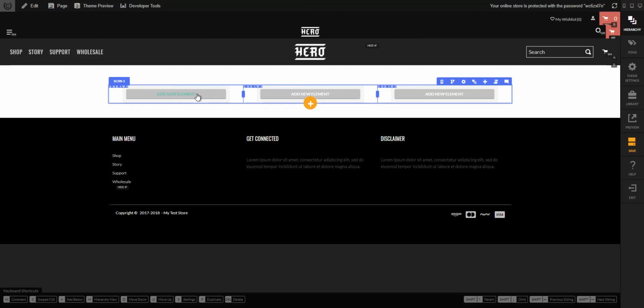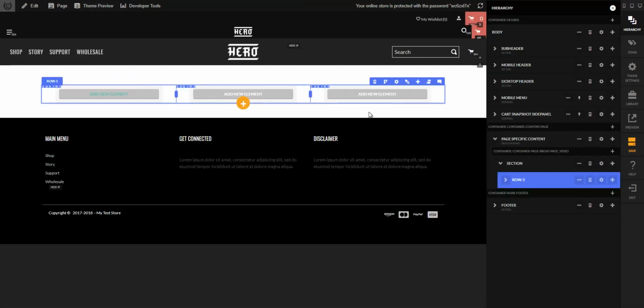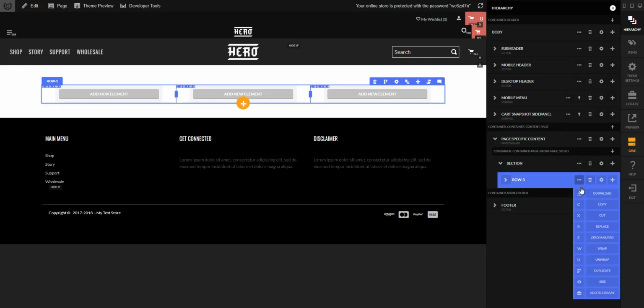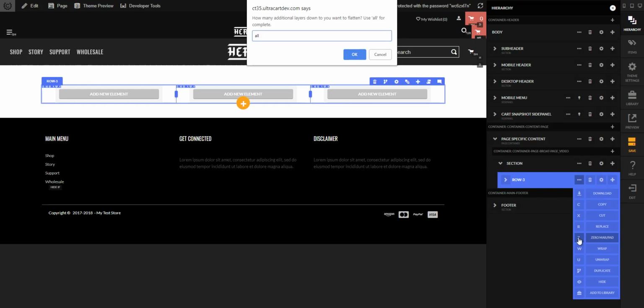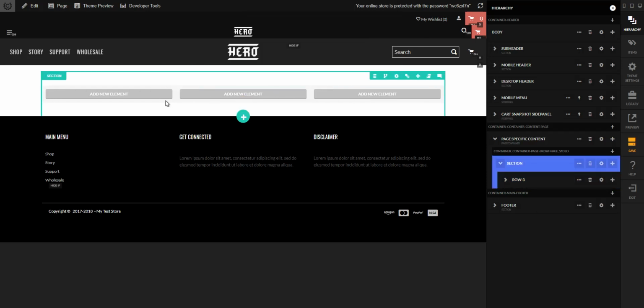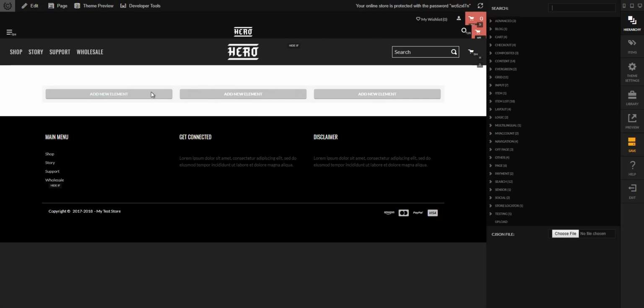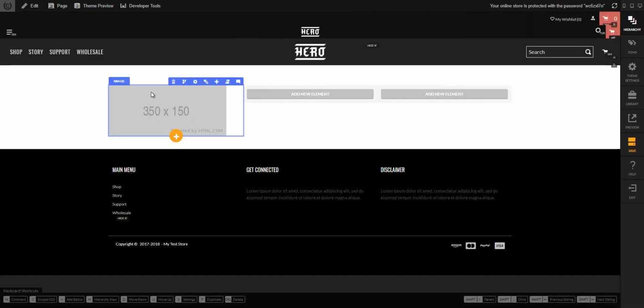And I'm going to go back into the hierarchy, and I'm going to get rid of the default margin and padding using the 0 tool with the all option, so that this row has very tight columns. Okay, starting off in the first column, we're going to add in an image,